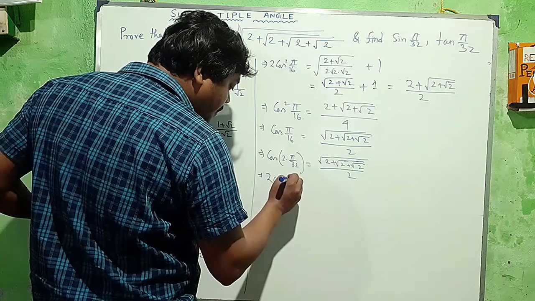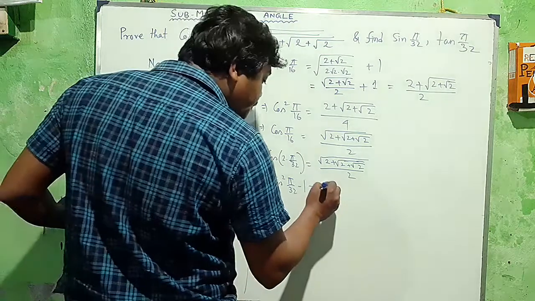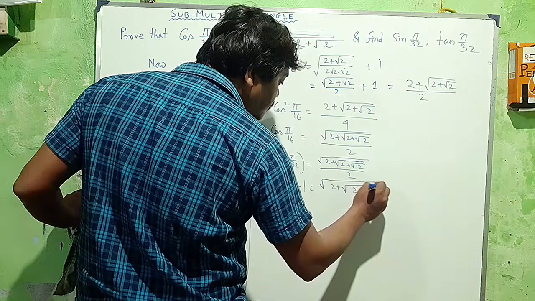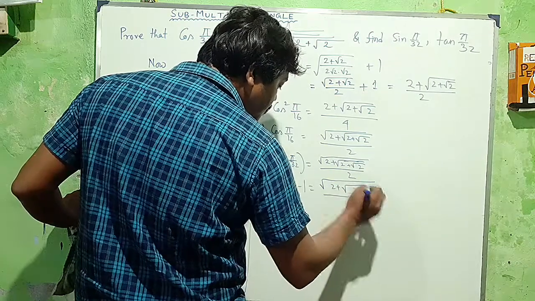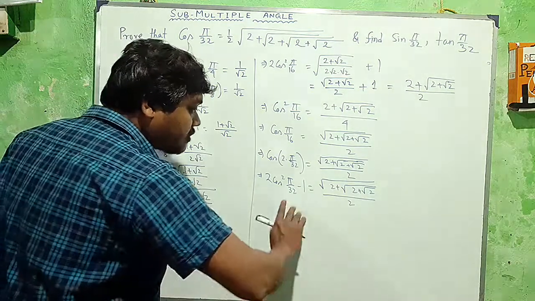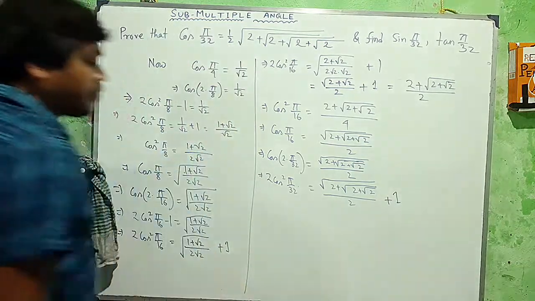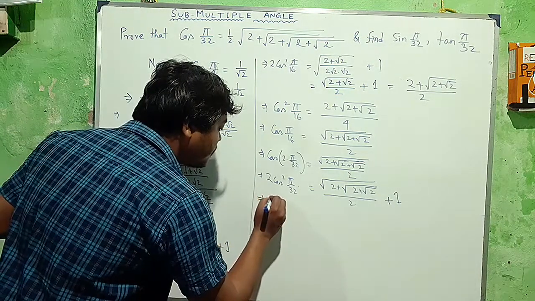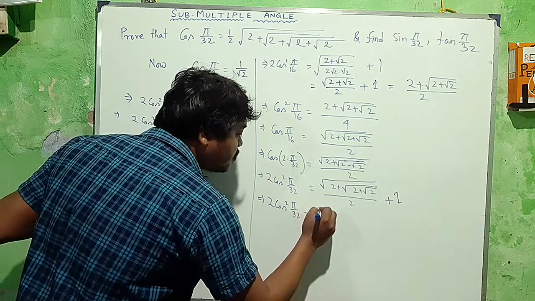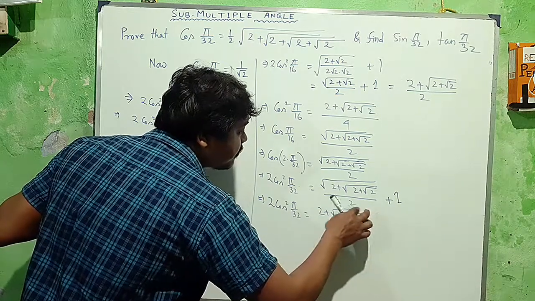So 2 cos square pi by 32 minus 1 gives 2 plus square root of 2 plus root 2 by 2. Okay. So if I take minus 1 to the right hand side, that gives plus 1. So after some calculation, 2 cos square pi by 32 gives 2 plus square root of 2 plus square root of